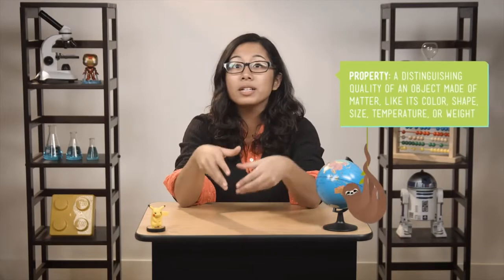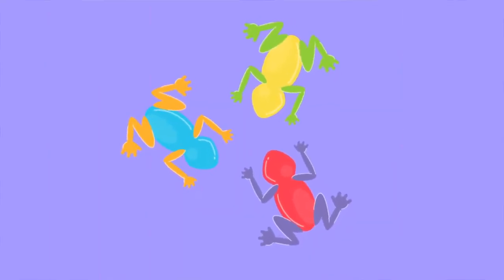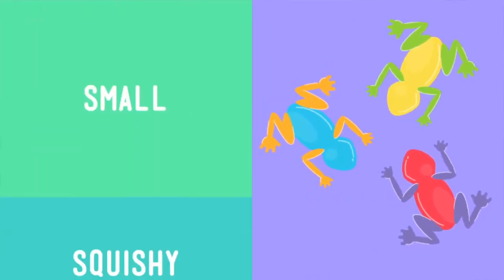Let's say my friend and I have just gone to a birthday party, and we each got a gift bag that's full of candy. And my friend makes me an offer, one that I can't refuse. She says I can have any one piece of candy in her bag, but I can only take it without looking. Now, say I'm into gummy frogs. They're my thing. That's what I want. Fortunately, I have a secret. A science secret. When I reach into the bag, I can use the properties of the candy to help me guess. If I want a gummy frog, I'm gonna feel around for something that's kind of small, squishy, and,